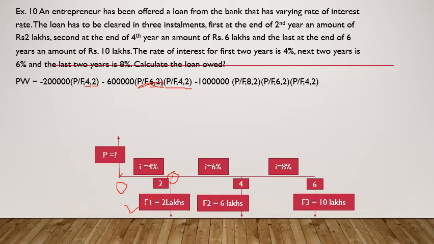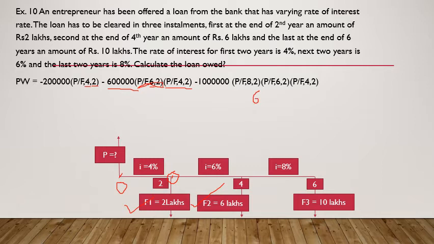Now what has happened? 6 lakh has been converted into P at t is equal to 0. So F2 is over. Now come to F3, 10 lakh. Same procedure is followed for F3 also. How do I encounter this? See, first I have to convert this 10 lakh at t is equal to 6 to t is equal to 4, because between 6 and 4 it is constant, 4 and 2 it is constant, 2 and 0 it is constant. If I make it as, say, 10 lakh multiplied by P by F comma 8 comma 6, if I write straight away as 6, what does that mean?